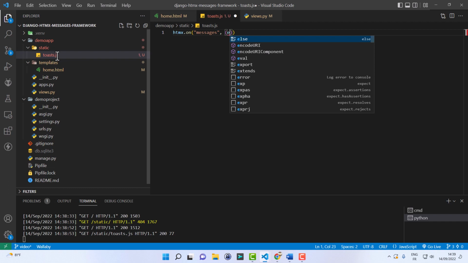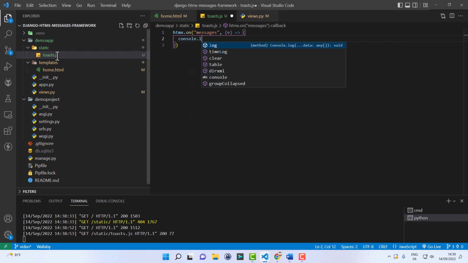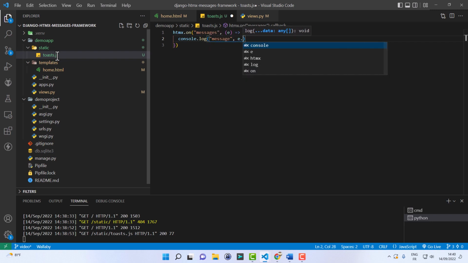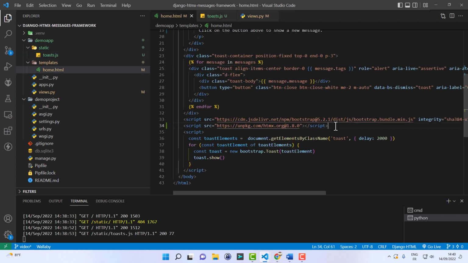When this event occurs, we want to, for now, just call console.log. Let's add some text here and include the payload, which is in event.detail.value. Save.